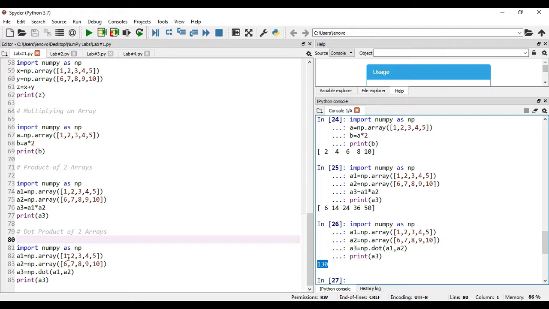First, the multiplication will be performed between the numbers and those results will be added. Means 1 into 6 plus 2 into 7 plus 3 into 8 plus 4 into 9 plus 5 into 10. Automatically that will give the result as 130. Hope you understood all the example codes we have considered in lab number 1.